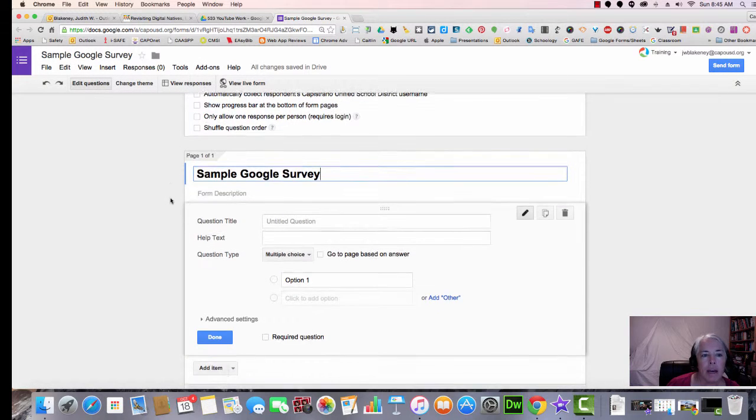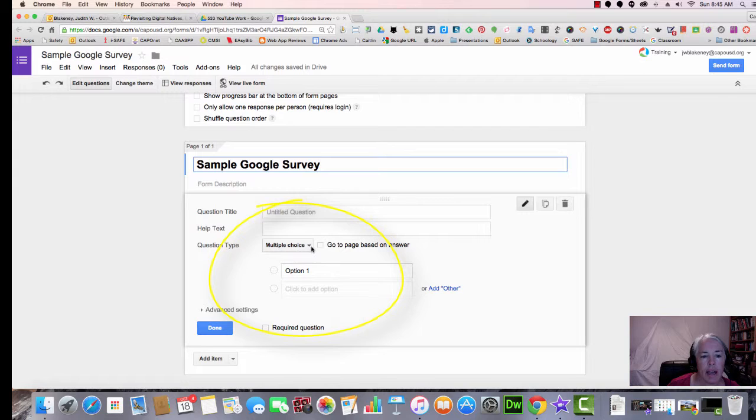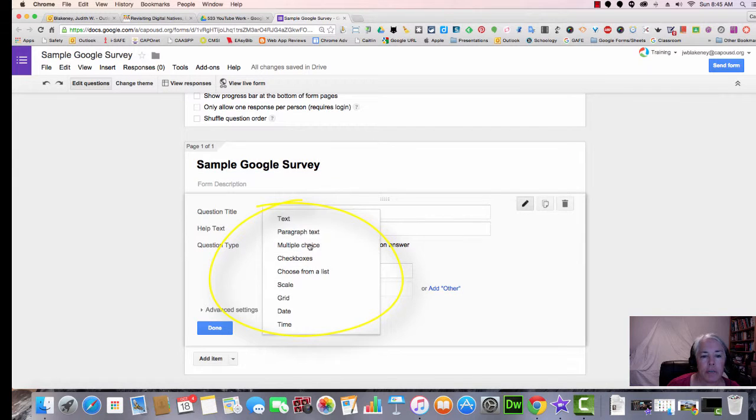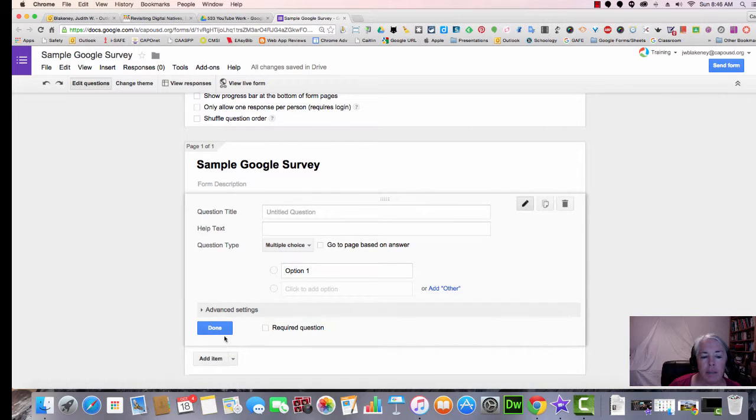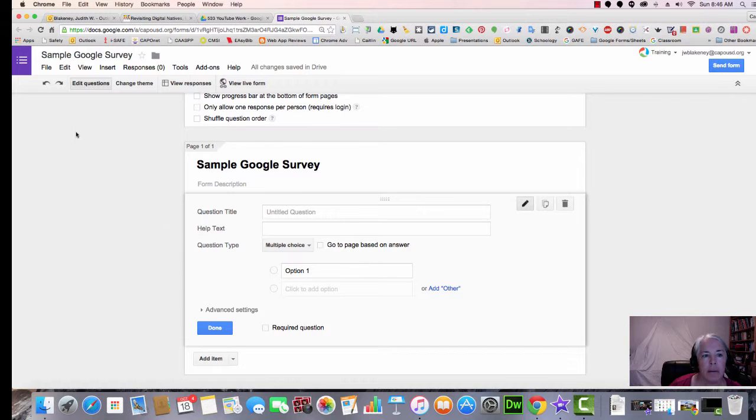Okay. On this one, there are multiple kinds of questions that I can have. I can look at the question types here for multiple choices. Text, that's if I want a short answer. Paragraph text would be a longer one. Multiple choice. Check boxes, choose from a list. We won't deal with these. These are a little bit more advanced. But you also can see down here the different types of basic questions you can have, advanced questions, and then these are layout things we're not going to deal with in this